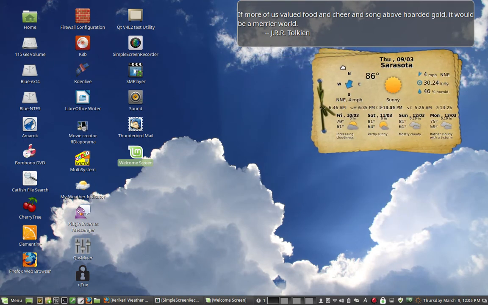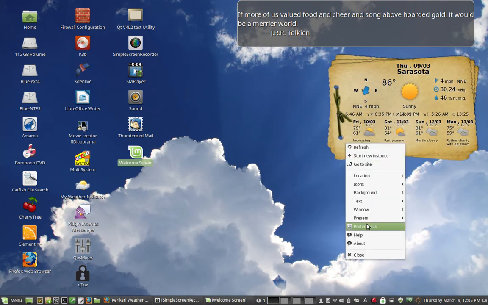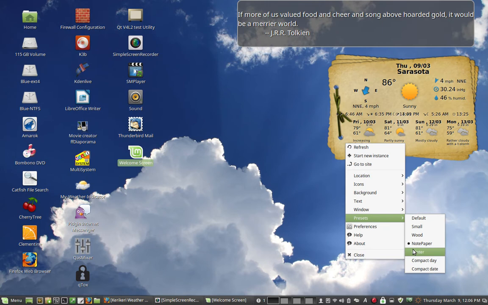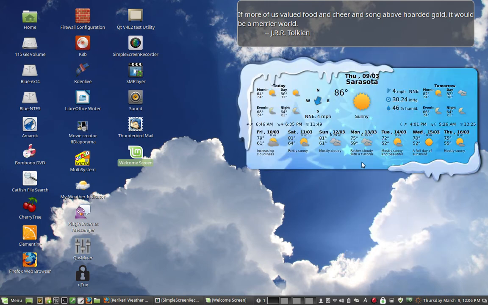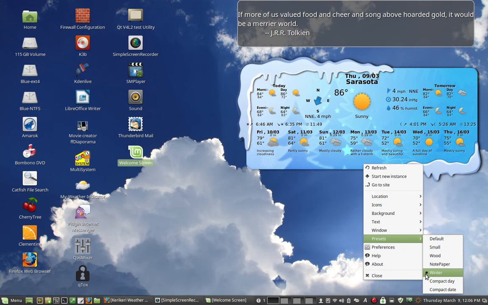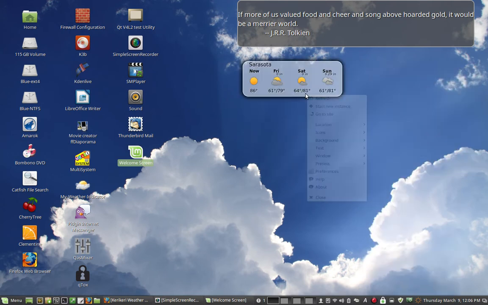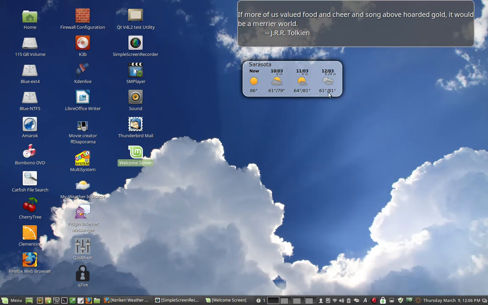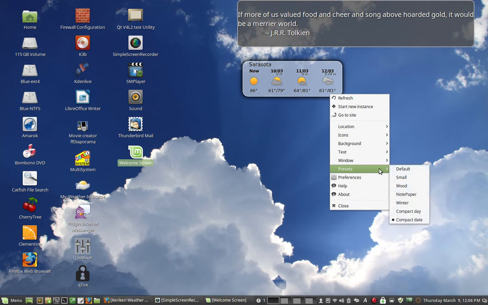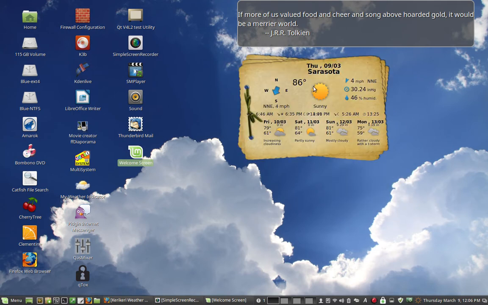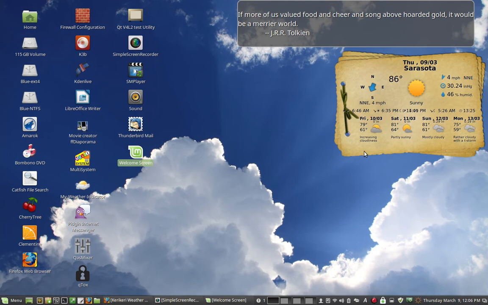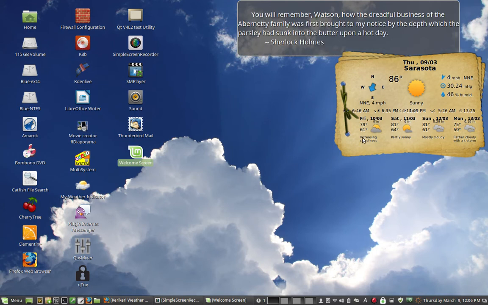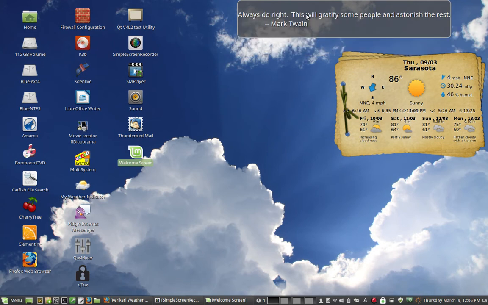A no paper one. And a couple compact ones. Now my personal favorites in this happen to be the wood or the no paper. And it gives you a lot of really good information. Okay, now